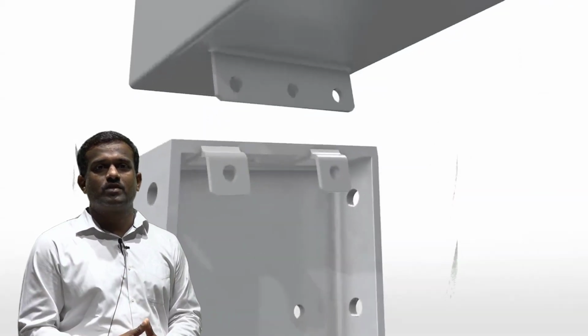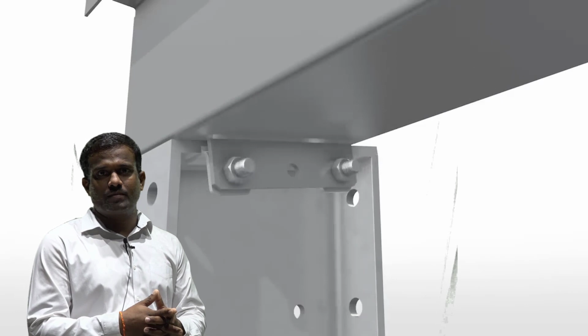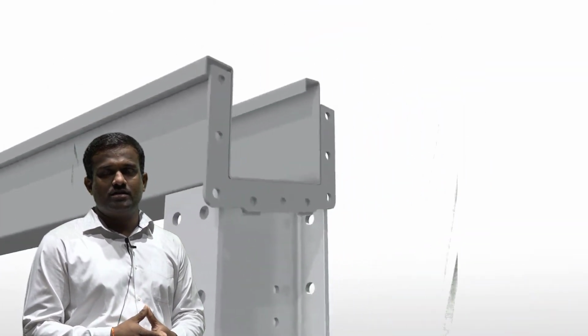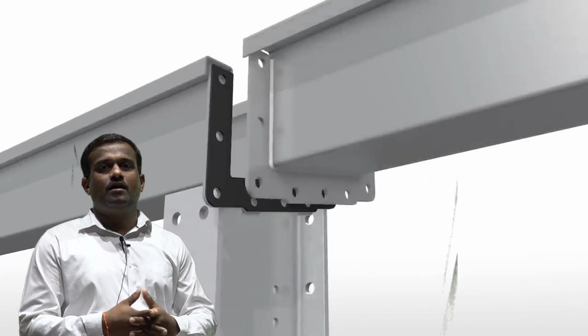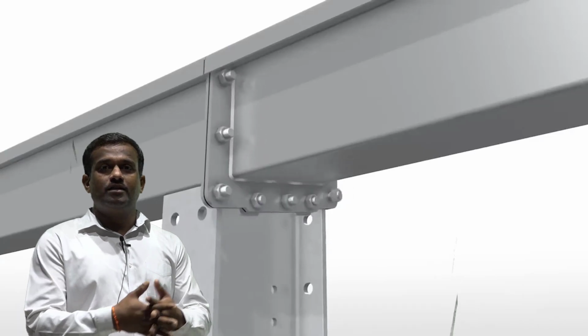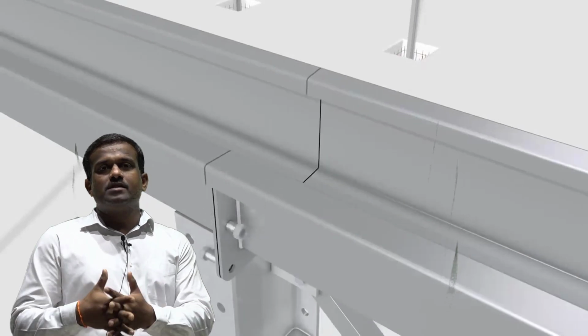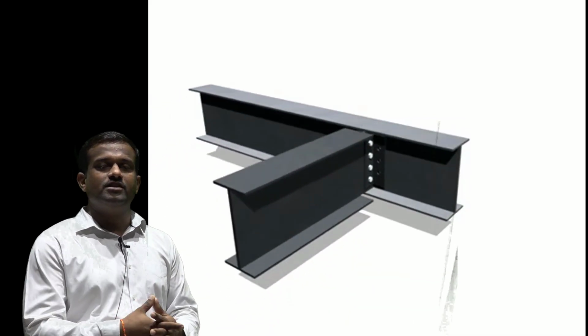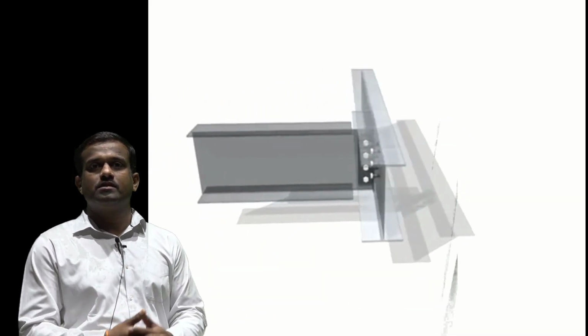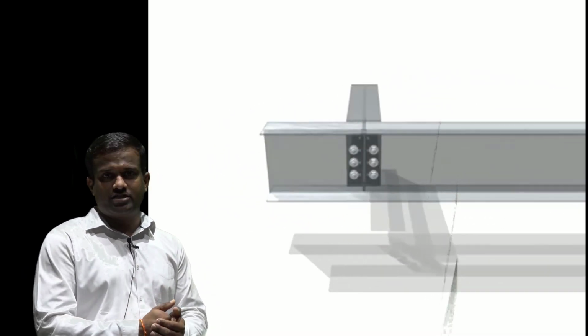So the question arises: what is the need or necessity of the connections? Very first, as we know, these steel sections are available in standard size and shape, and when the required span is too large and the length of that standard section is not sufficient, we have to connect multiple members to make up that length. Secondly, to hold the members in position we require connections. And next, any member at its ends needs connections, such as secondary beams to main beams, beams to columns, columns to footing, etc. So these are some reasons why we need connections.